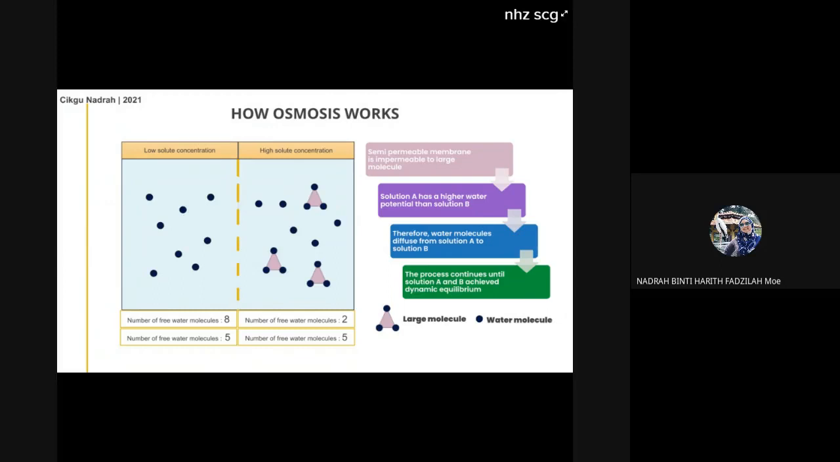Now, when we talk about osmosis can only occur when there is a semi-permeable. Oh, sorry. Sekejap. Saya tukar ini kepada yang boleh draw ya. Okay, so that you can do notes on here. Okay, and then